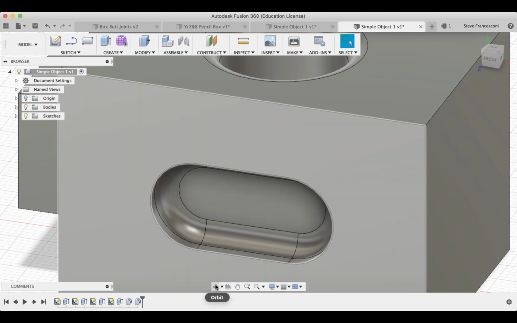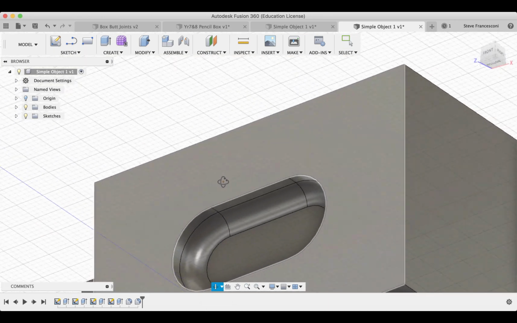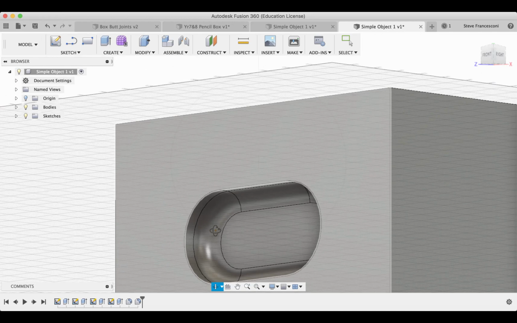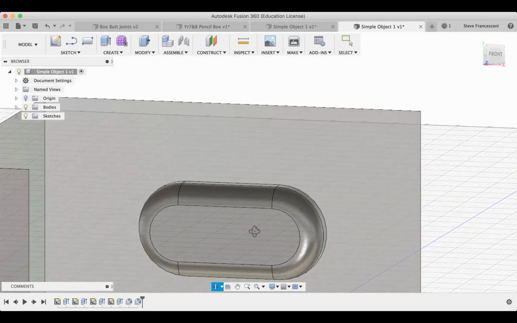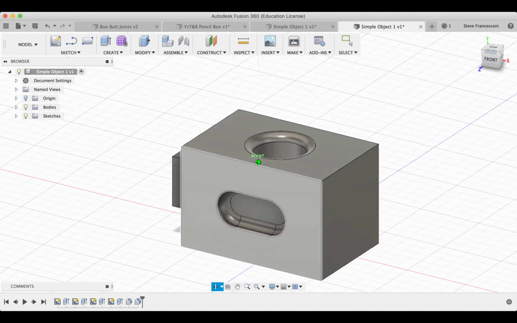So if I go down here to orbit, you should be able to see in there is a rounded, it's now not a sharp bottom edge in here. It's rounded, and I really like that. I like that look. So have a go at the fillet. You can put it on other surfaces. So for instance, if I want